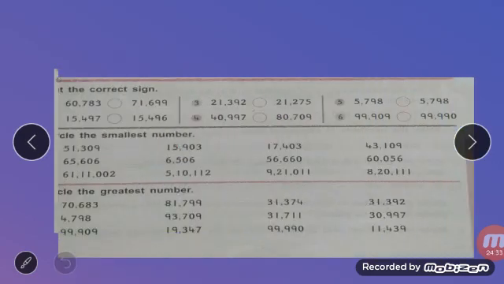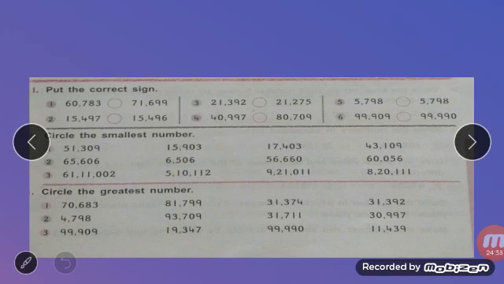Next you have to put the correct sign. How will you put the correct sign? What are the signs? You know the signs. That is the sign of greater than, this is the sign of less than, and equals to. These are the different signs. How will you put the sign? Now you have to start comparing 6, 7. So 7 is greater. So the fish will open the mouth.